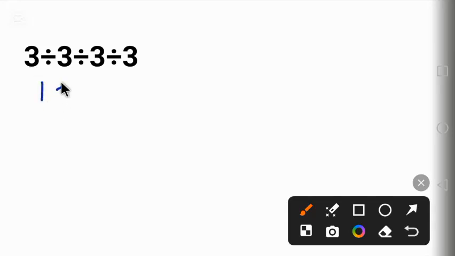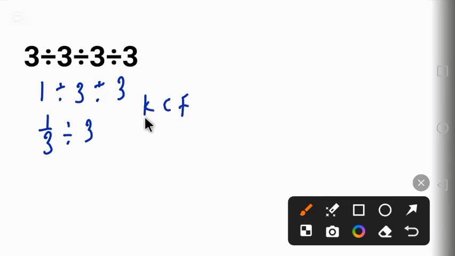And then we have divide by 3, divide by this 3. Now 1 divided by 3 will give us 1 over 3. Divide by 3. Now using the KCF rule,